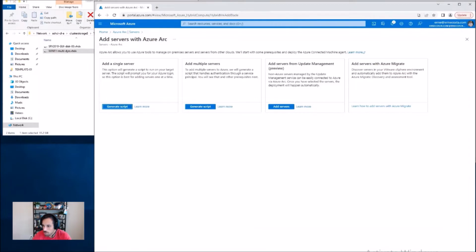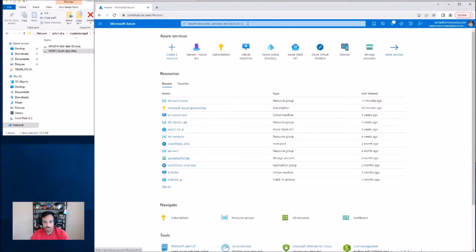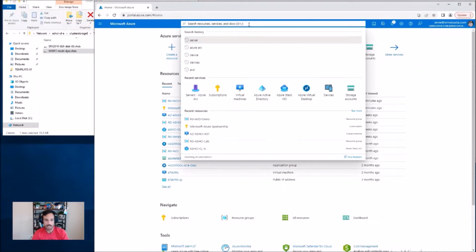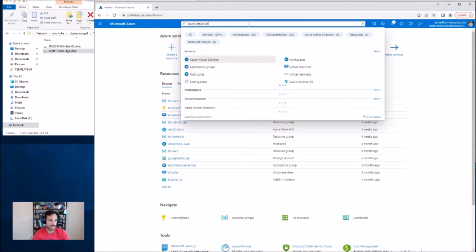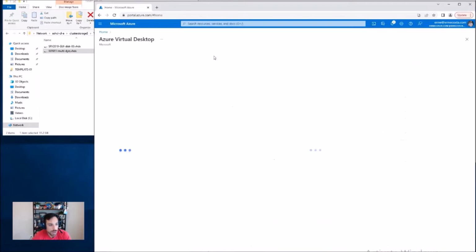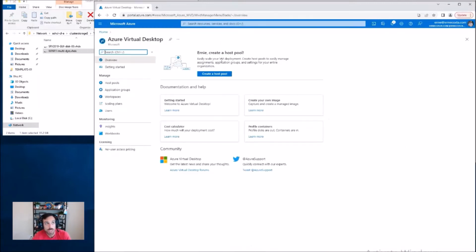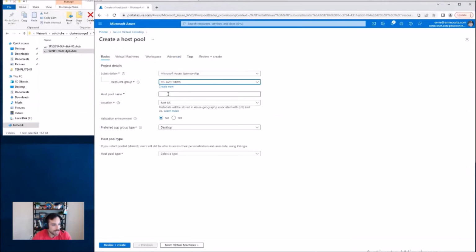And we now need to go and create our AVD host pool. So again, you want to search for Azure Virtual Desktop. And it's the same UI that you would use if you were making a host pool in traditional AVD in the cloud. So we're going to call this host pool demo. We're going to keep all of this, the default settings. And the only thing you really need to change is the host pool type, because you need to pick one